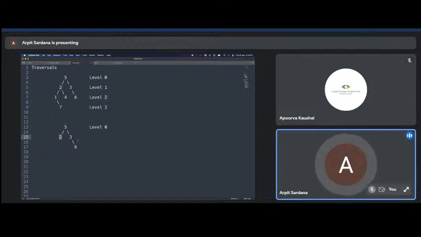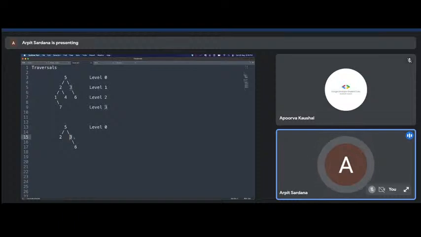So obviously, since there is just one node in the left subtree, we'll be returning 2 from there, and then there are more levels in the right subtree of 5, right? So first, what we have to do is return the sum of the right subtree,